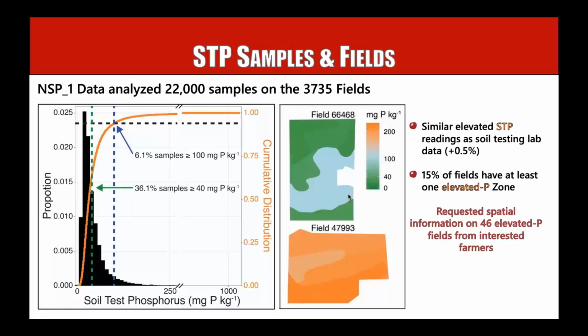And then something else we found out, these are 2 fields that we looked at in our study. And the top field is really typical of what we saw across the fields we looked at. And so you see that there's a lot of green area in the top and bottom of that field. And as you see in that scale to your right, those areas are below 100, so they're not what we classify as elevated phosphorus fields. That blue or gray area in the middle is just above 100. And so that's really typical. So instead of having a whole field that's elevated, it's usually just a zone in that field.